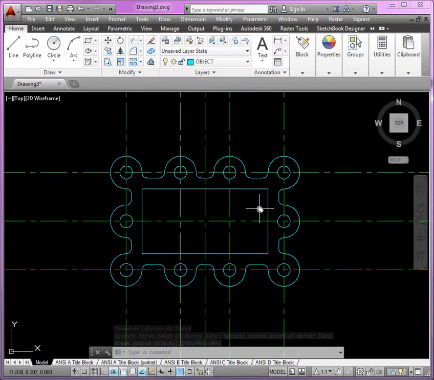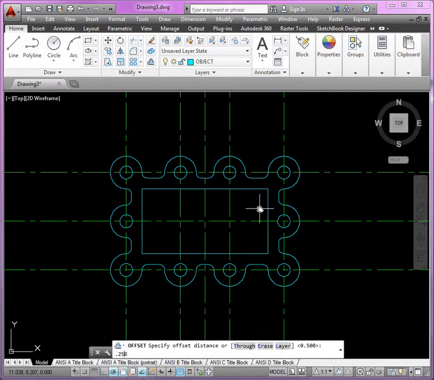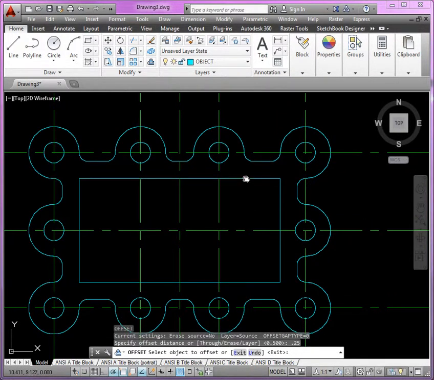Now, we're ready to do the annotations. So in order to do the annotations, what I want to do first is clean up these construction lines. If I want to clean up the inside, I can use that rectangular polyline or a set of lines there. Let's offset by 1/4 inch,